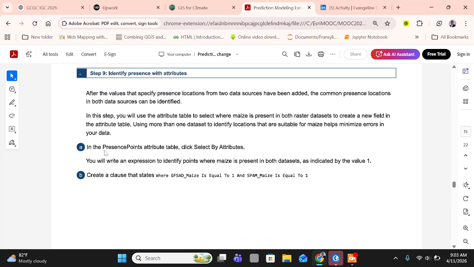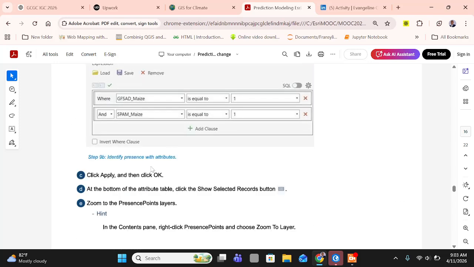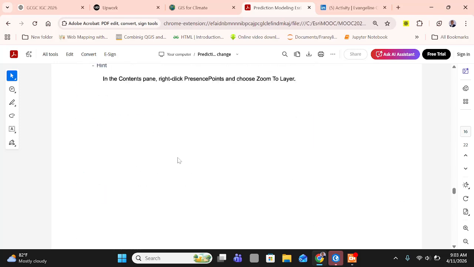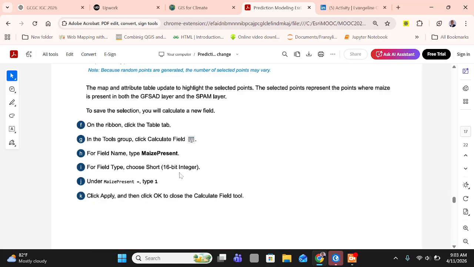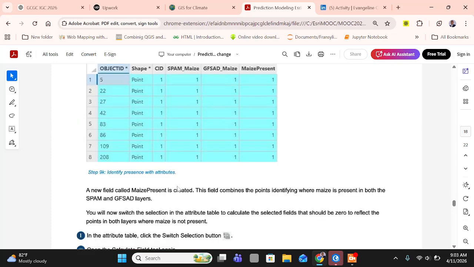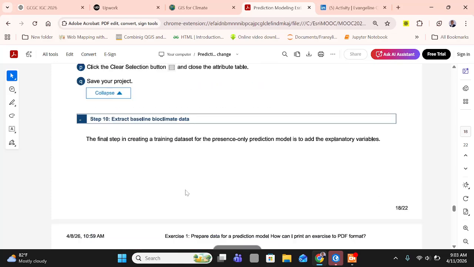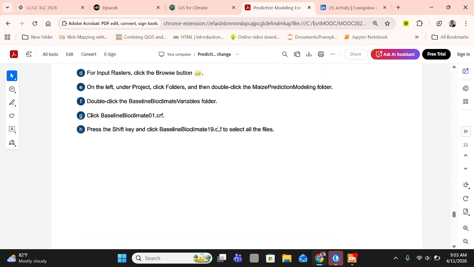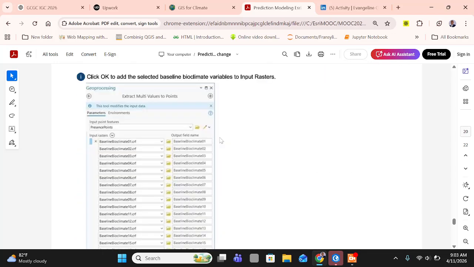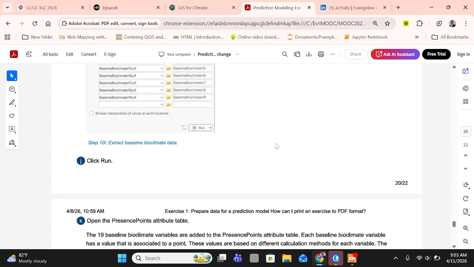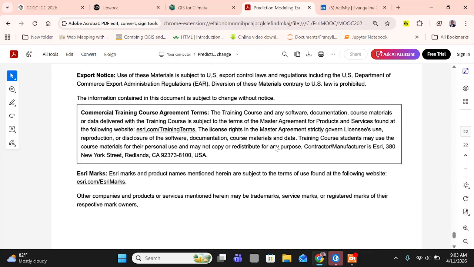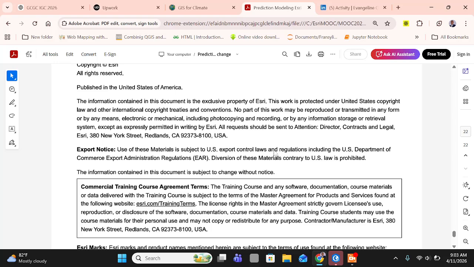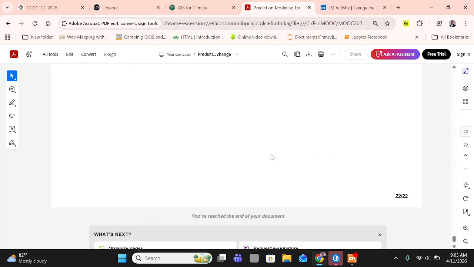So step 9 will be to identify presence with attributes. And then step 10 will be extract baseline bioclimate data, and then I think that will be all, but we'll close the session now due to some